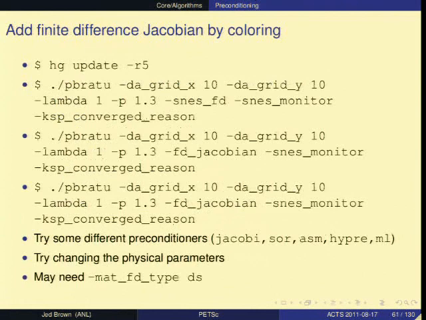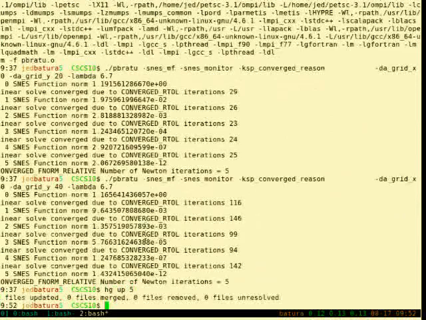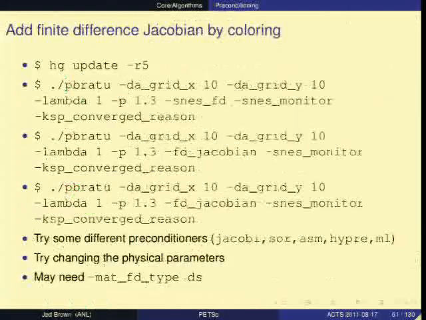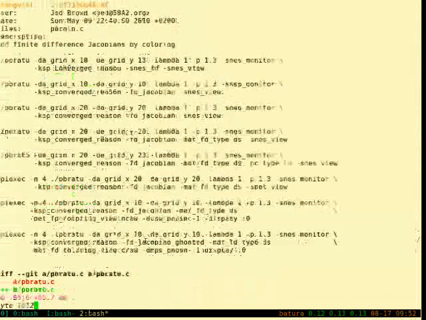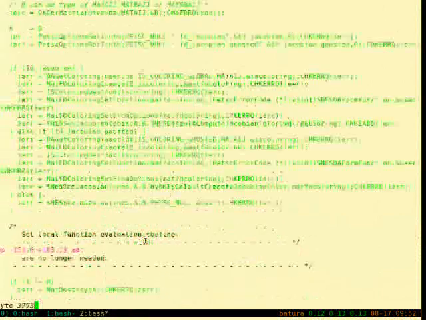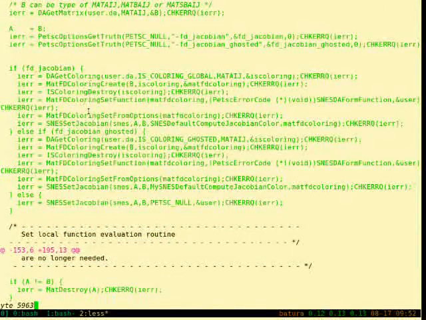So let's try this out on the example. So we can update it. Here, we set up some options to do this in code. This is to do the coloring.